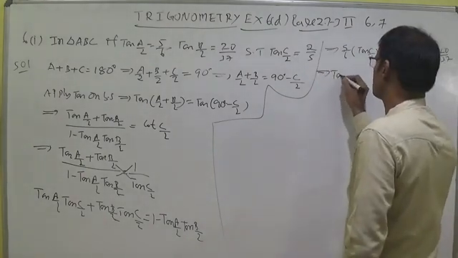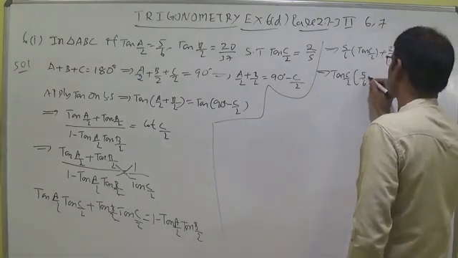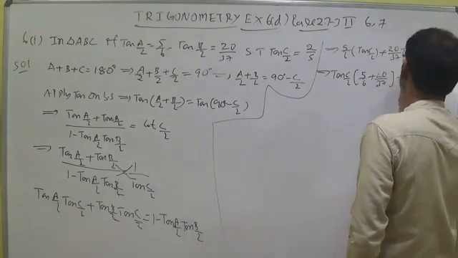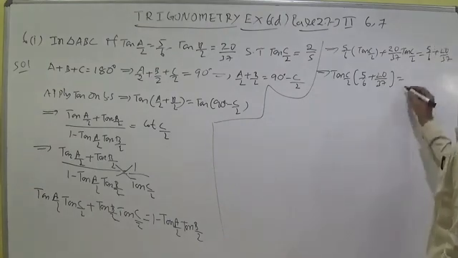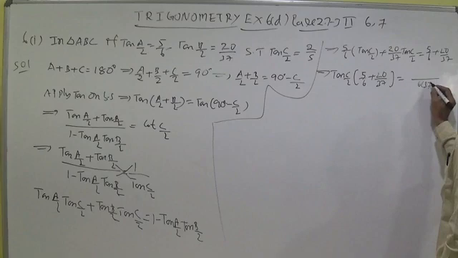Here take common tan C by 2. Within the brackets you can write 5 by 6 plus 20 by 37, which is equal to, taking LCM 6 into 37,